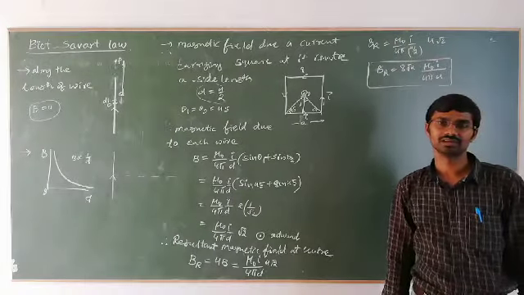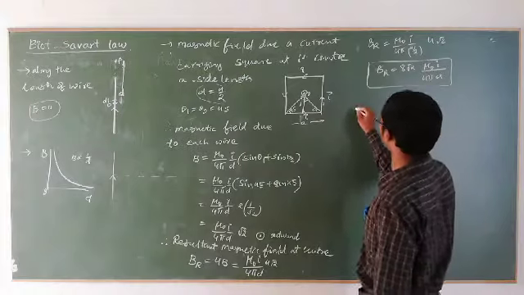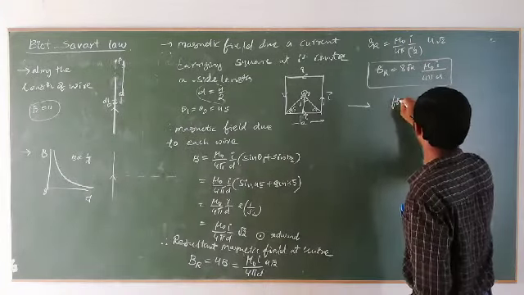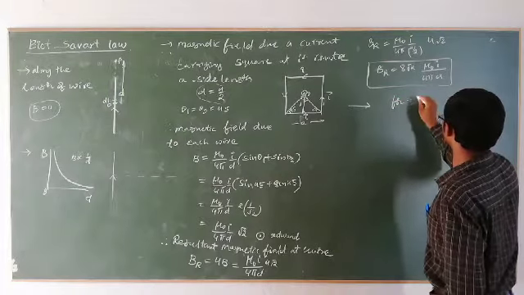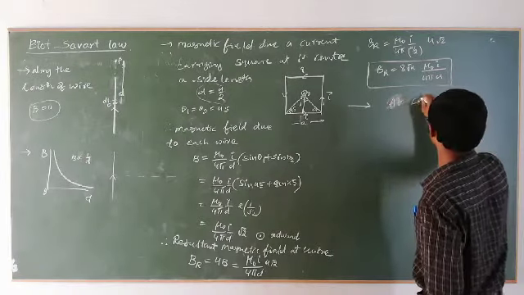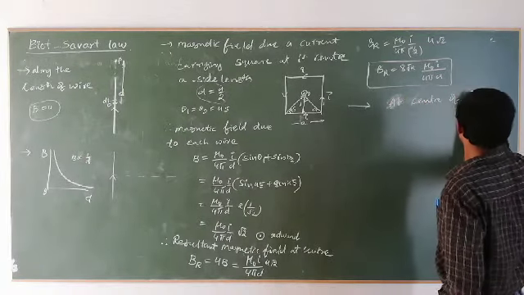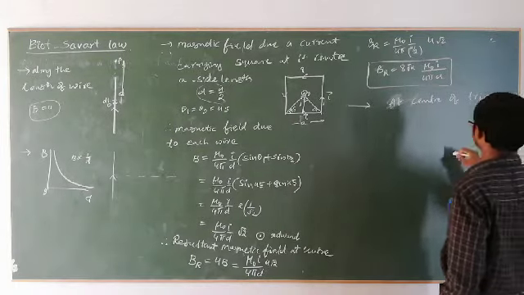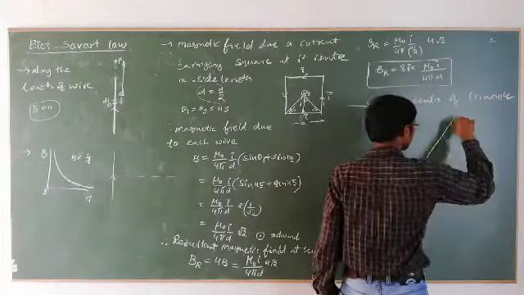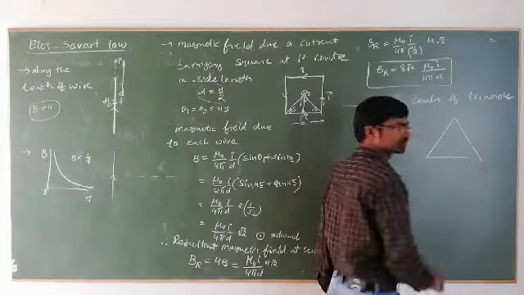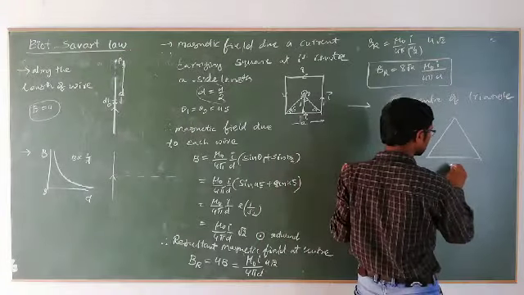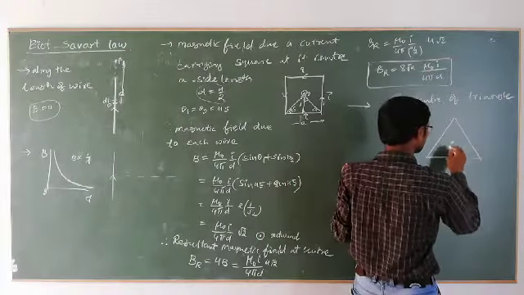Okay, but I need to find the direction at that point. This is a current carrying wire. You can use the right hand rule, Ampere's right hand rule. You place your thumb in the direction of the current, then at the point where you need to find the magnetic field, you observe the direction of the curved fingers. Current flowing in this direction, at this point the fingers' direction is outward. Let me take a dot to represent outward.